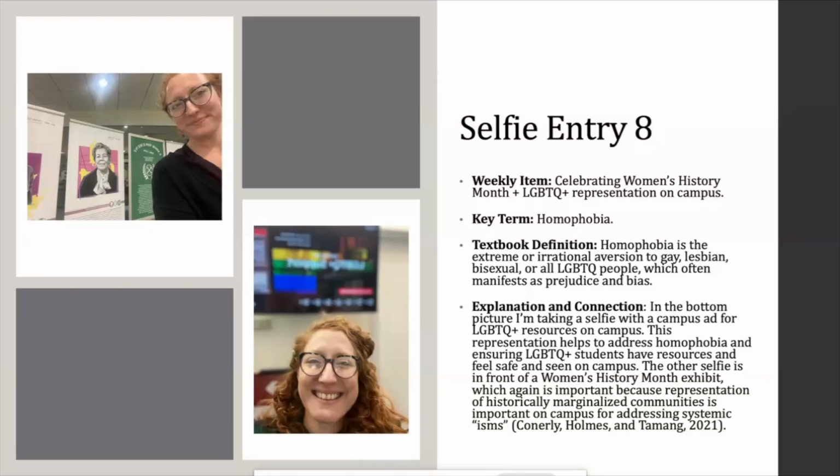Now, as outlined in our syllabus and in other guiding documents in our class, as highlighted throughout our textbook by our textbook authors, homophobia is one of those other structural barriers and challenges we're looking to combat. And we're thinking critically about what that might look like when we think about specific social